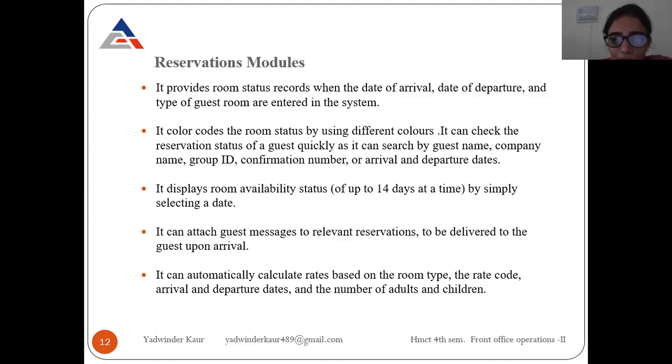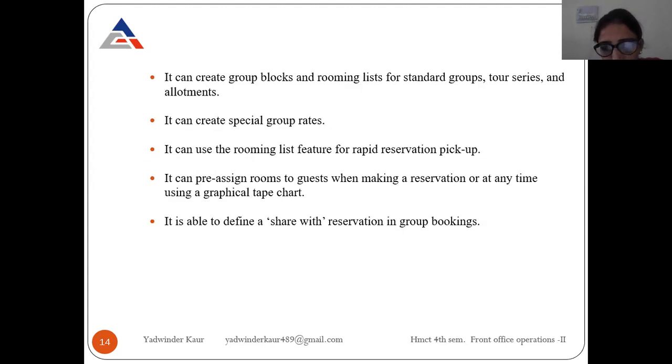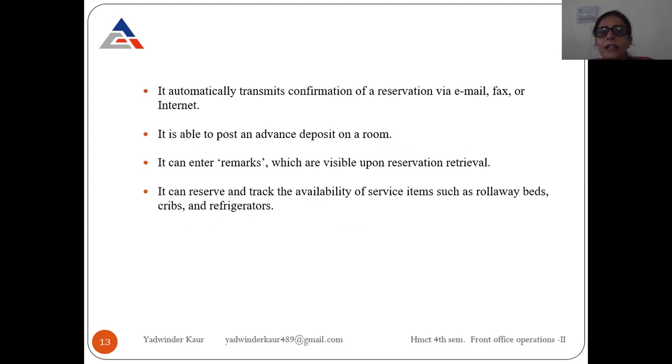It can automatically calculate rates based on room type, rate code, arrival and departure dates, and number of adults and children. Automatically, we can transmit the confirmation number of the reservation via email, fax or internet to the guest.